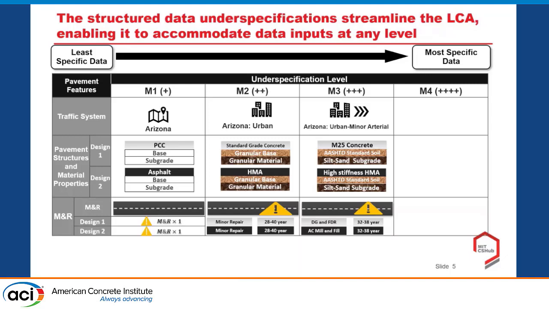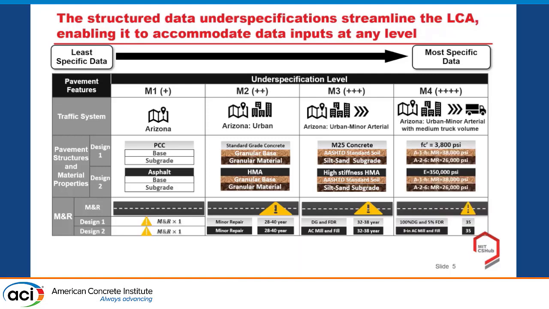And for the MNR, for concrete, they want to do dam grinding and full depth repair, but they have no clue of the quantities of this dam grinding and full depth repair. And if they want to also do AC mill and fill for asphalt pavement, they know that they want to do some MNR within 32 to 38 years, but they have no clue exactly when, maybe 36, 37. But if they could provide the most detailed data specifications, for example, M4 level, they have a clear